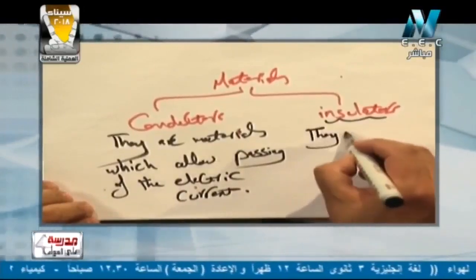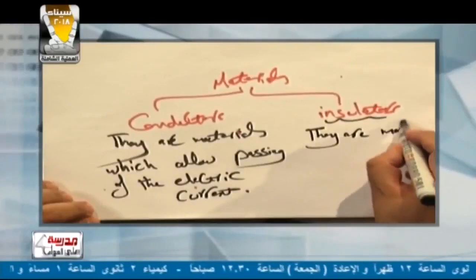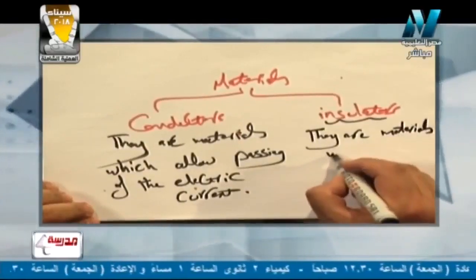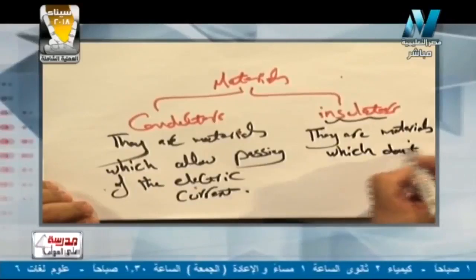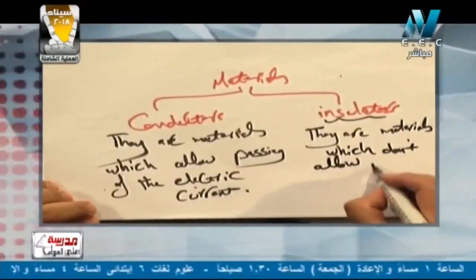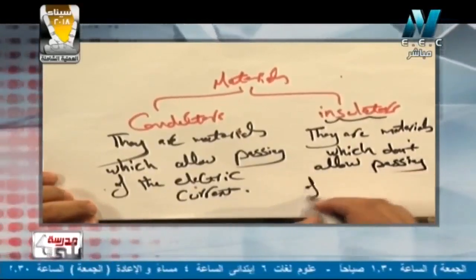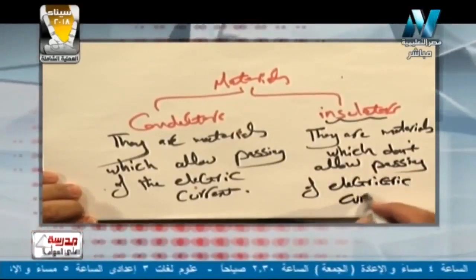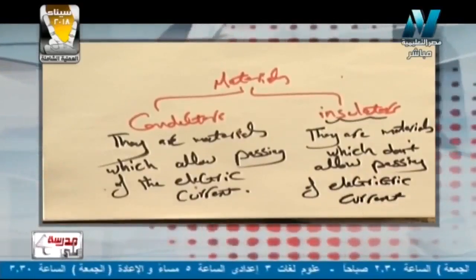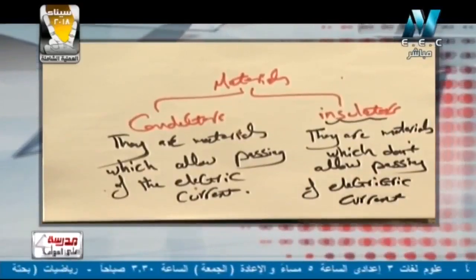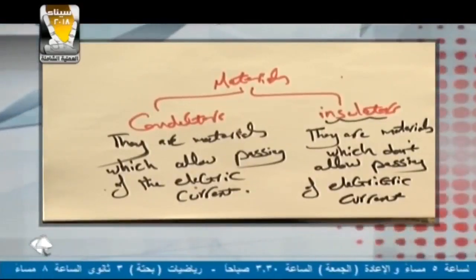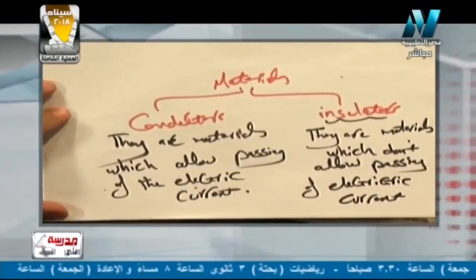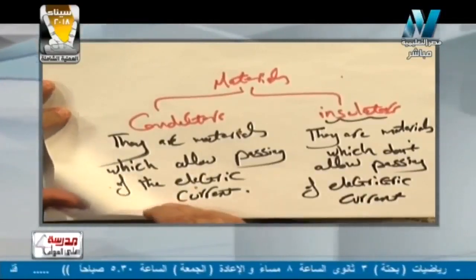They are materials which don't allow passing of electric current or electricity through them. So the main difference between conductors and insulators is that conductors allow electricity to pass through, but insulators don't allow electricity to pass through. So now let's have an electric circuit in our lesson today